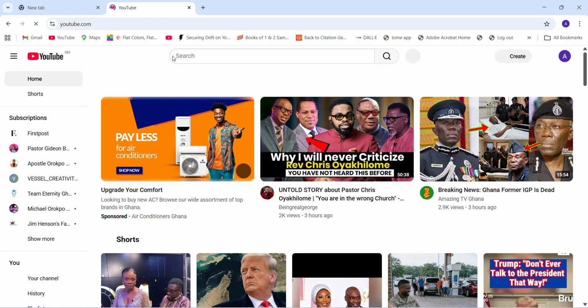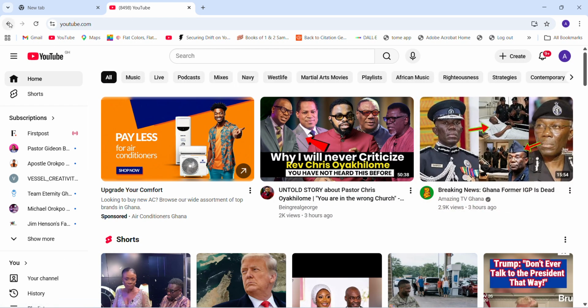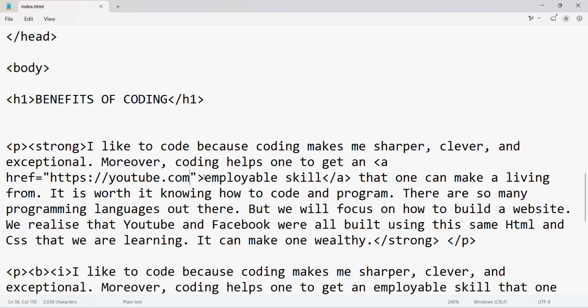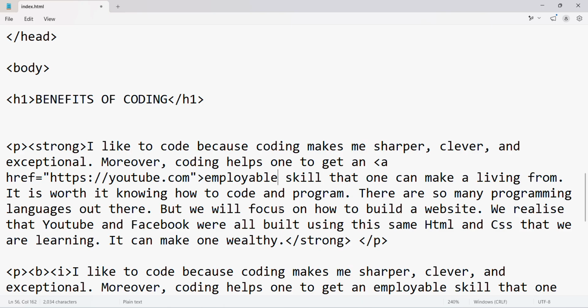YouTube has opened. So this is how we create a link. Remember, it is anchor href. This is the anchor tag: the anchor opening tag and then the anchor closing tag. If I want only "employable" to be a link, then I'll remove the closing tag from "skill" and bring it here,